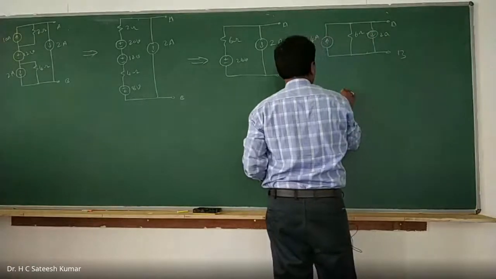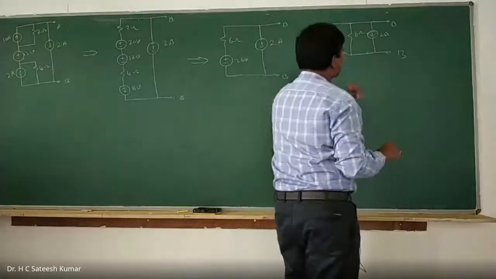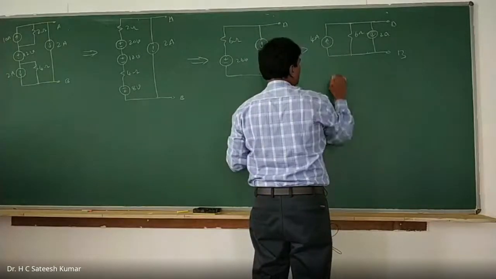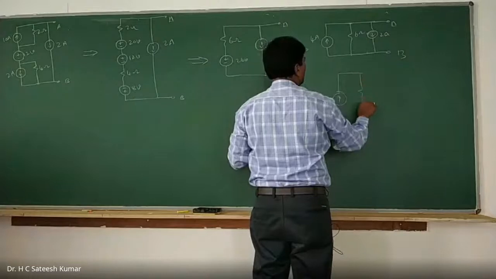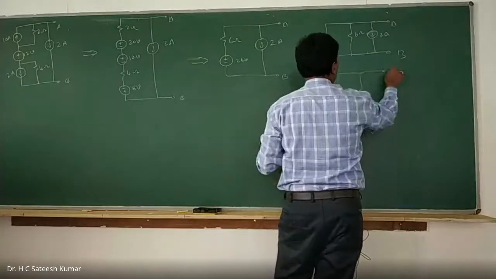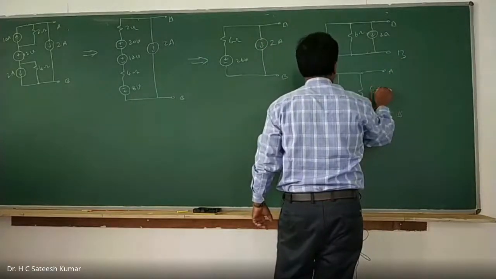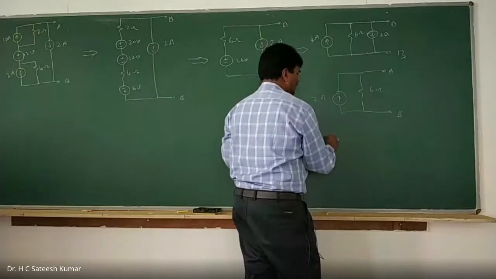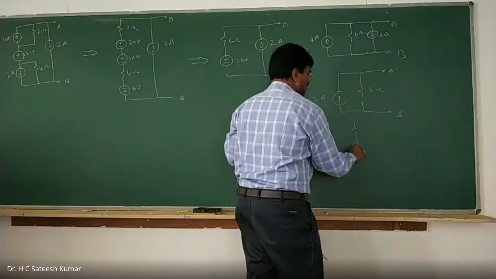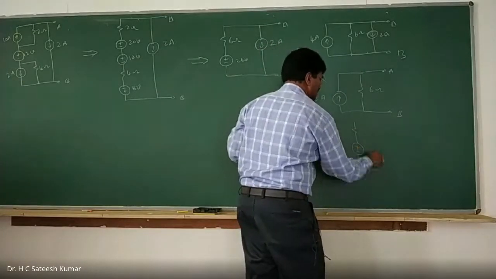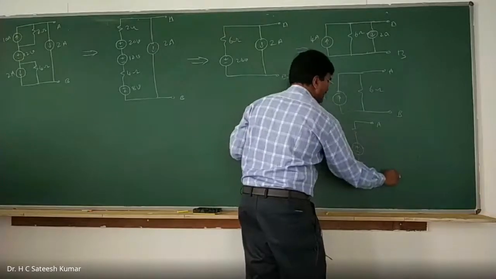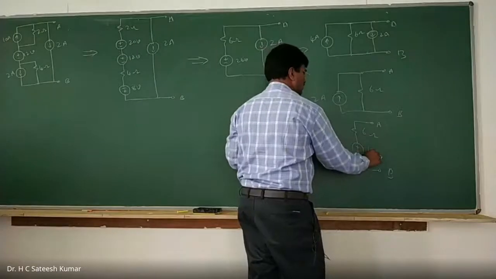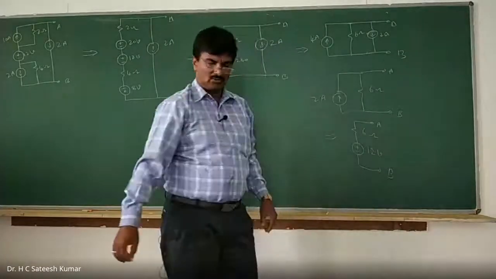Therefore, we can write it as, 4 up, 2 down means difference. You should take the 2 amps difference in the direction of the bigger one. And we have a resistance like this. A, B, 6 ohms, 4 amps, 2 amps. Now you convert it into a voltage source, a single voltage source. So A, B, 6 ohms, so 12 volts. V is equal to, that's how we should do it.